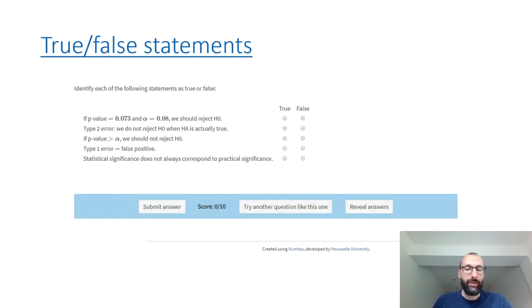Several question types are available within Numbas, for example, true-false statements. I use this type quite a lot, and it's a very general type of question that can be used really for any discipline. It can be combined with randomized numerical values, but not necessarily.